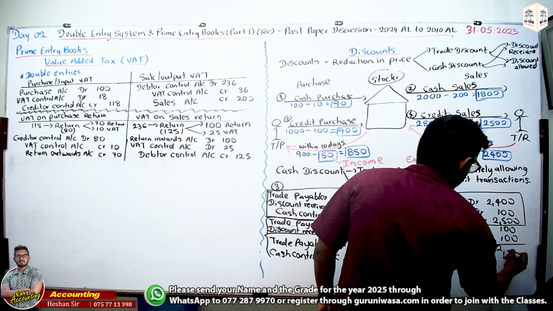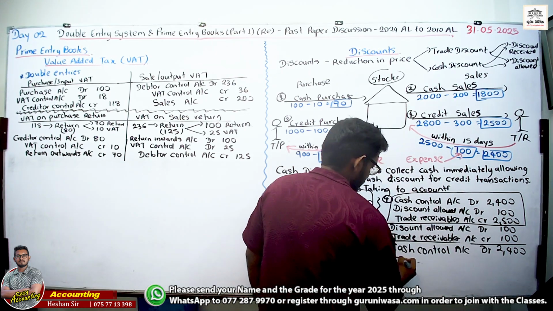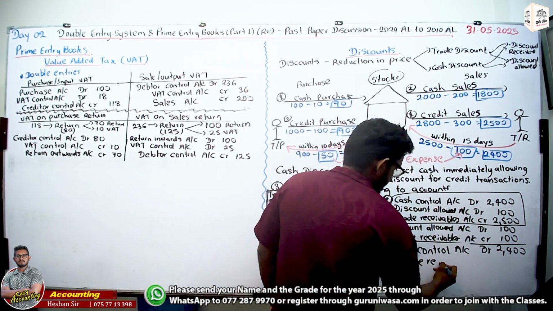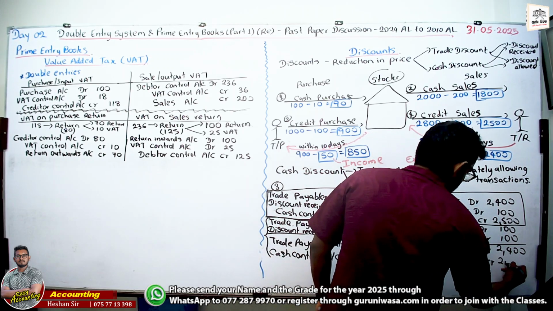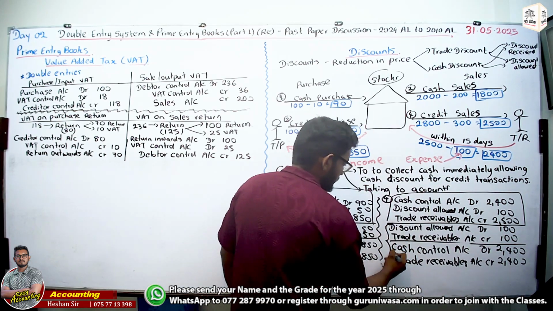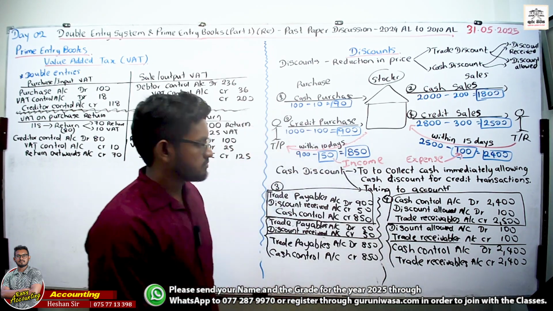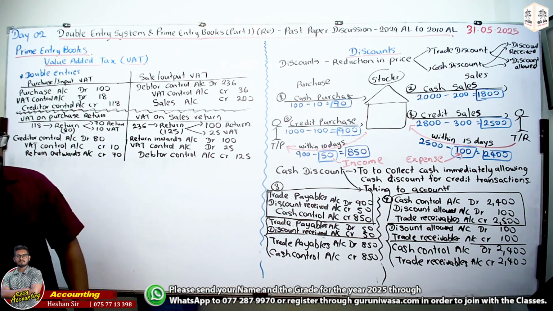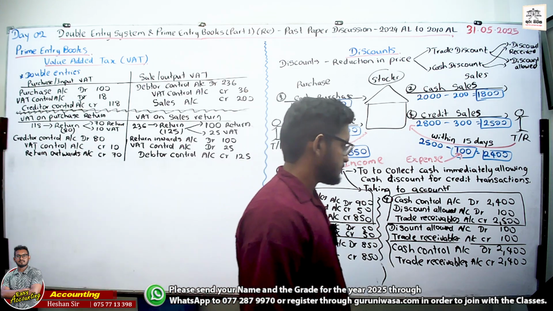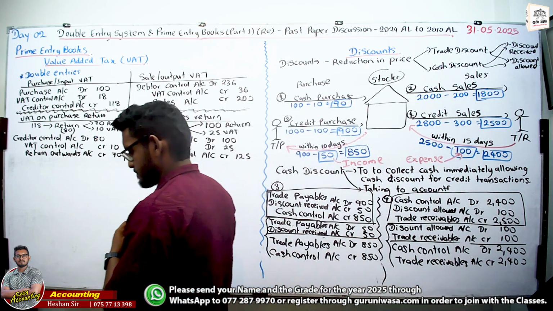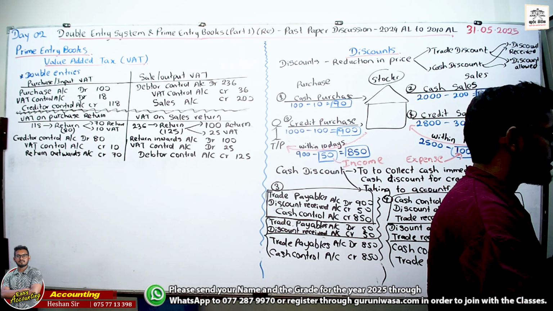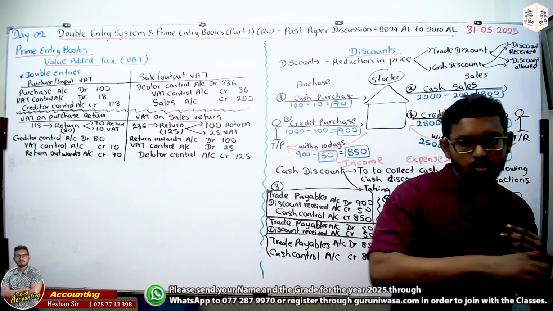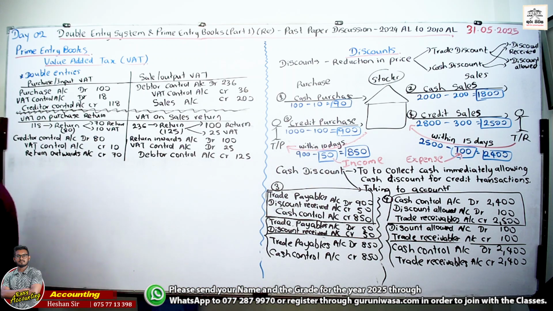In here, cash control account debit 2,400, trade receivables account credit 2,400. This is the summary, the total of the above entries. Right? Finish it and raise your hand. Hold your raised hands. Finish it. Now we have done the VAT control account summary and discounts. Next week, before starting the past paper, taking about 1 hour, I'm going to discuss about the